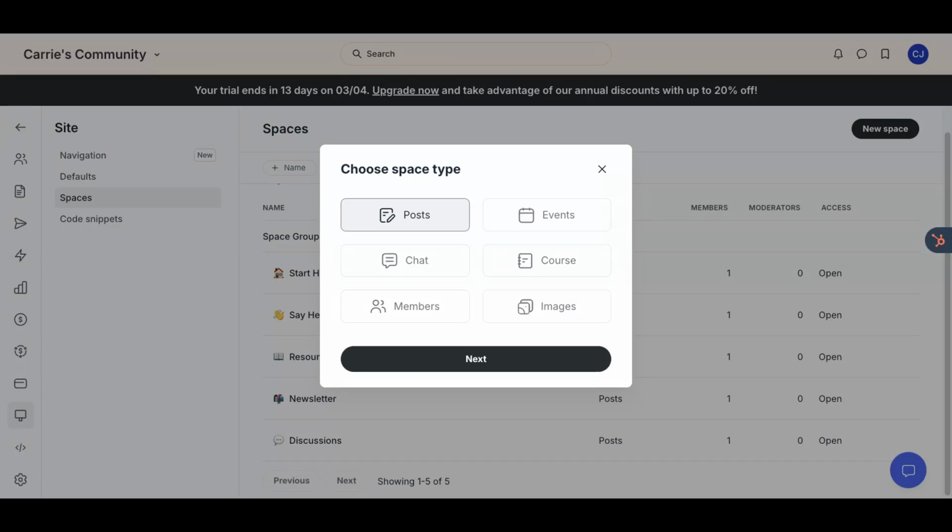If you want to create a public or community-only member database where you can see everyone else that's in the community, you need to create one of these types of spaces. Then there are events spaces, so your events calendar, and you can have different event spaces for different types of events if you want. A course space. That's if you have a course that you want your members to go through, you will create that course here.